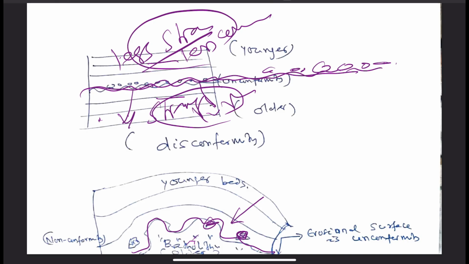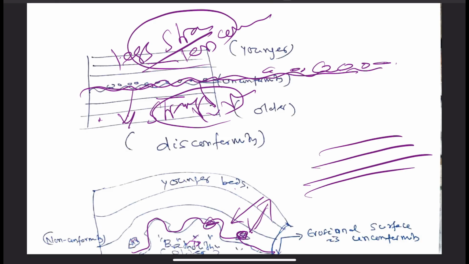But if this feature is not found, then the batholith may be younger than this sequence of beds, because the sequence of beds may be intruded by the intrusives. So this will be older, this will be younger.